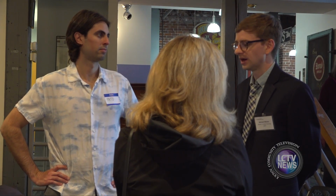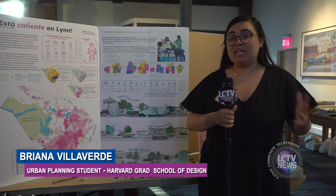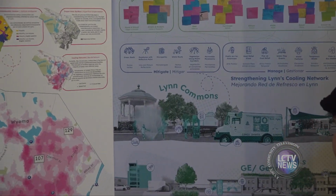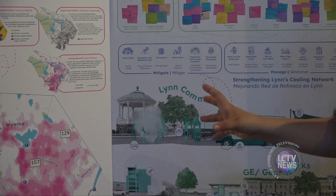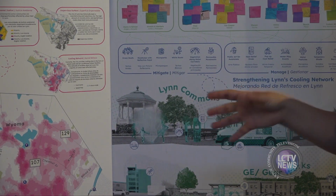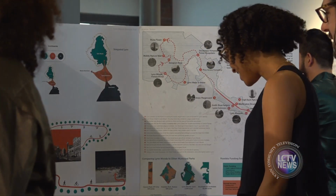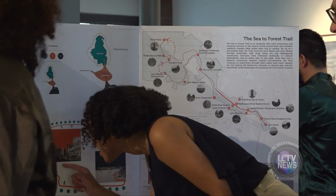My project today is focused on urban heat in Lynn. So during the summer, Lynn is heating up a lot. Sometimes it's even hotter than some of the hottest neighborhoods in Boston. And so my entire project is basically saying that we need to start tying the technical solutions to urban heat with really meaningful community engagement, because we know that with urban heat, different vulnerable populations are going to experience heat